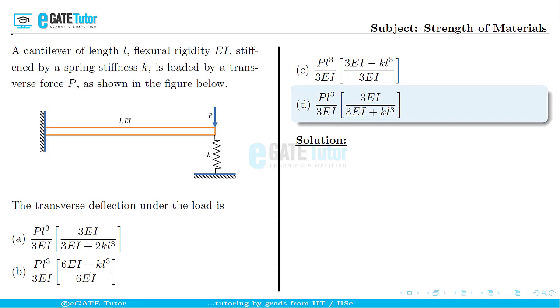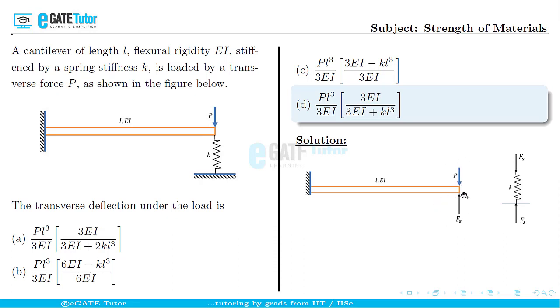When we consider this as the initial configuration, we know that as a natural consequence of this transverse load, the beam tries to bend down, so that makes the spring compress down. But in order to regain its original shape, the spring tries to push back the beam, applying a spring force upward. That means there will be a spring force from the bottom of the beam, opposing the direction of the applied transverse load.